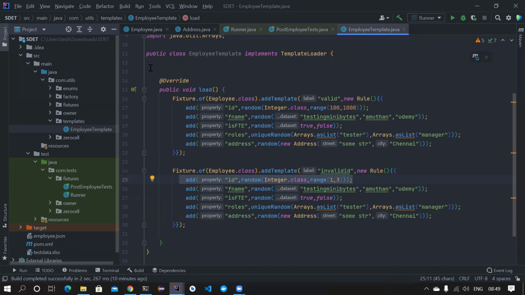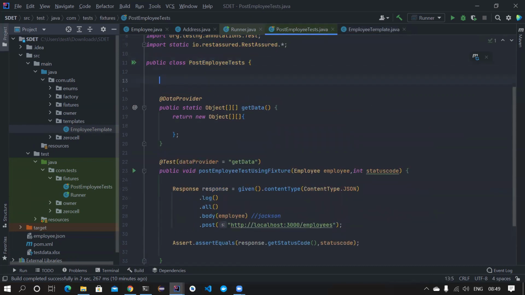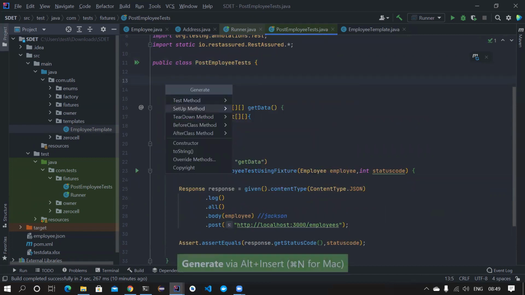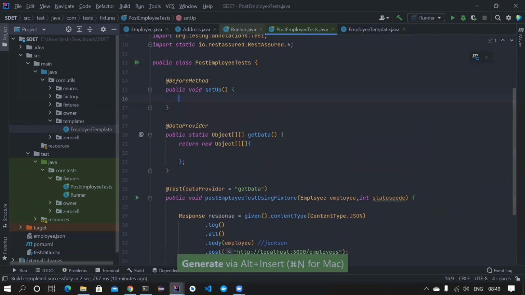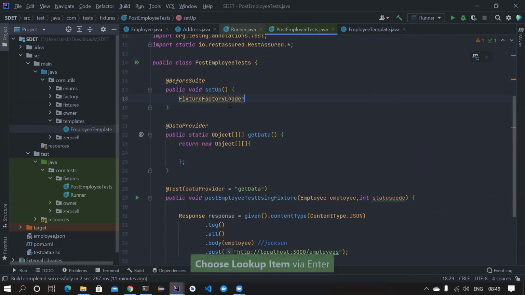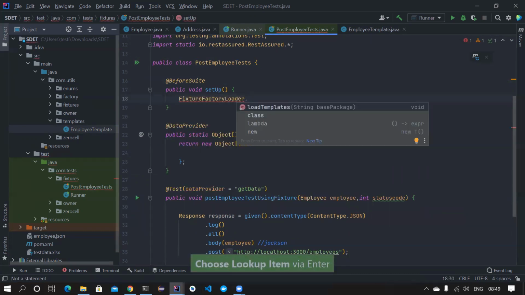Once you do this, now you can use this in your code. Before that, let's go here, and you need to call one method. Maybe I'll use a before setup method, and maybe I'll use BeforeSuite. And here what you have to do is FixtureFactoryLoader.loadTemplates.